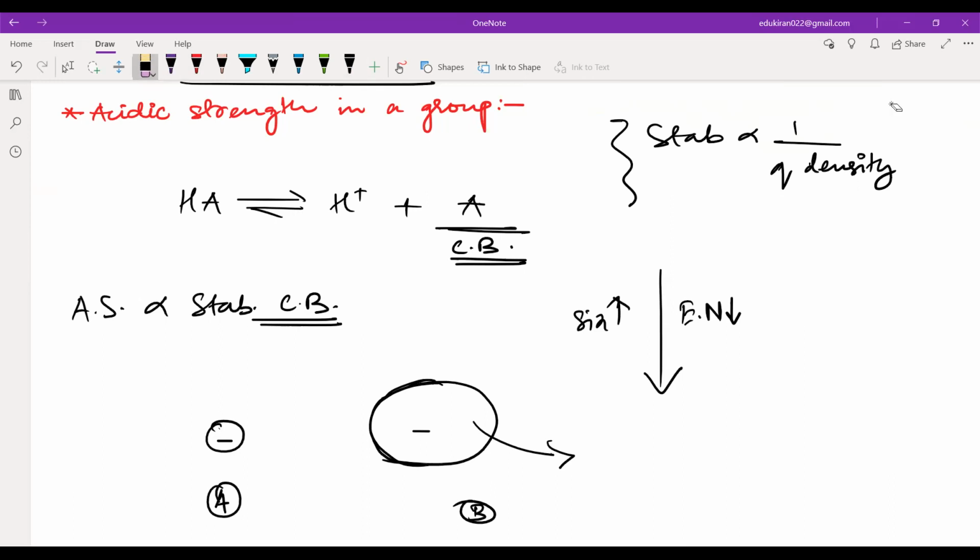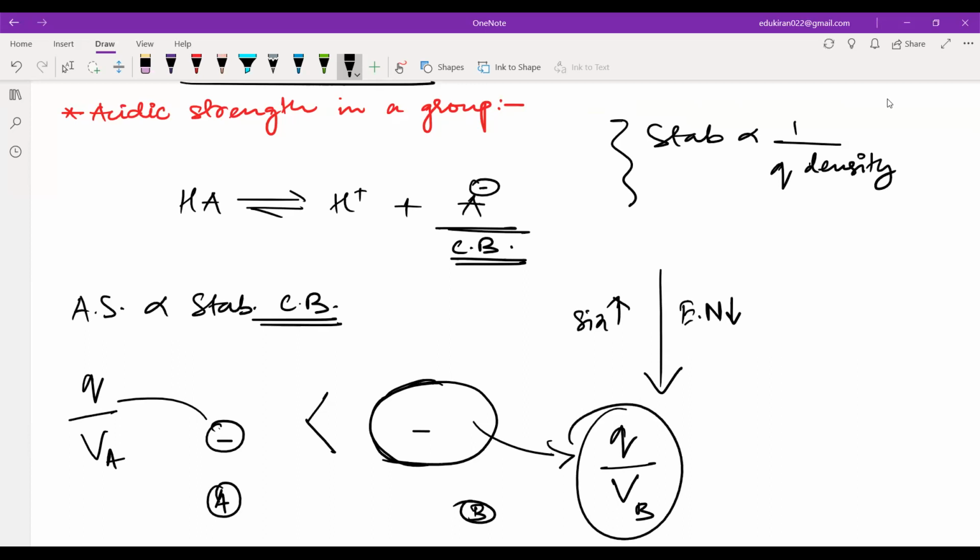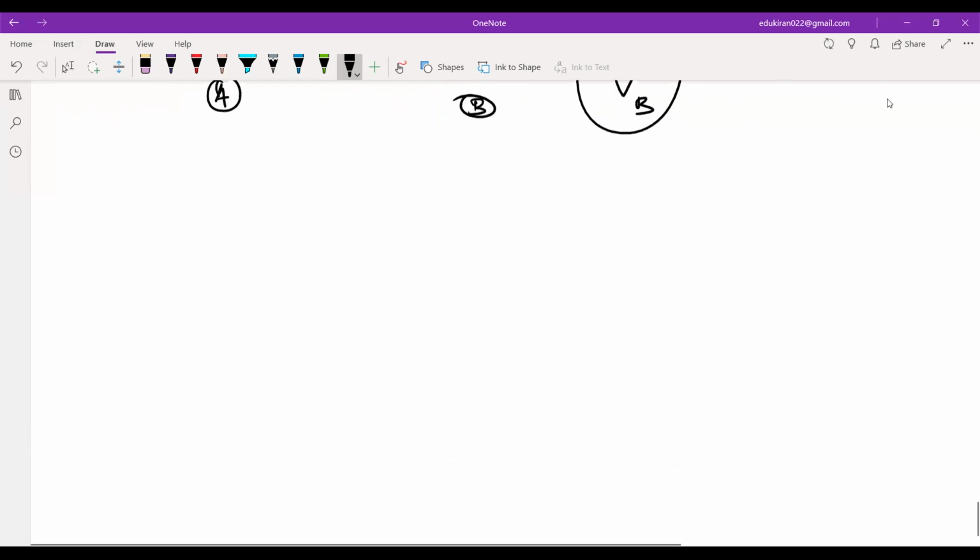Okay, but the size is larger. Yeah. Size is larger. Okay, so in this case, I can say that B is more stable because it has less charge density. Because Q is same in both of them, right? Q is same, but if I divide this by volume, so VA and VB, we can say that since VB is larger, the charge density, this whole term, will be lower. Okay, so when you are looking in a group,